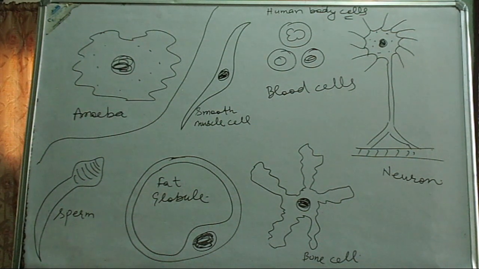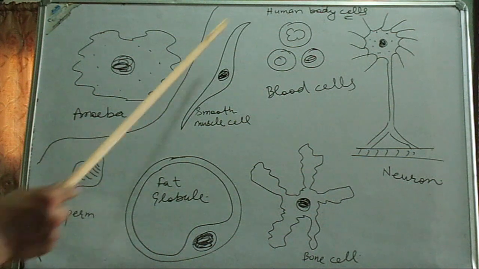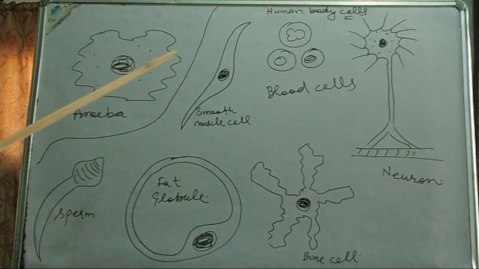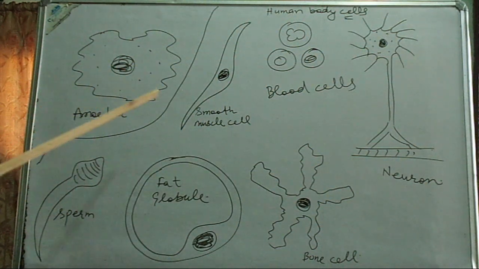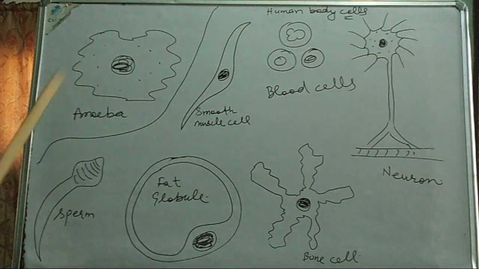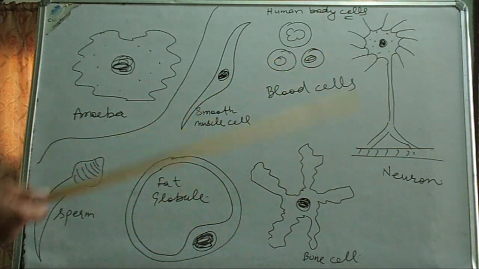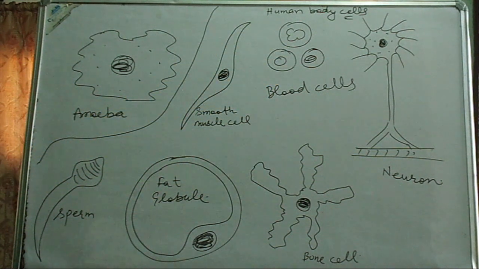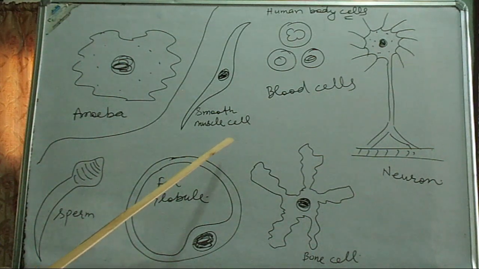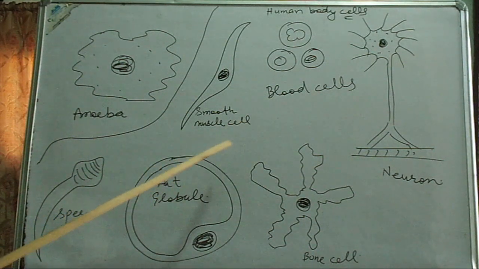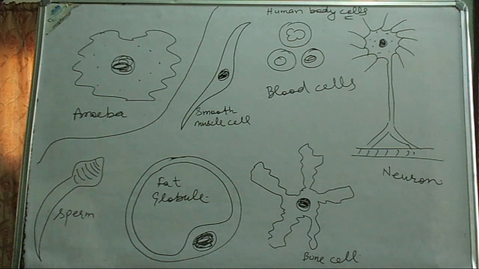So here some other structures are visible. All these structures, except this one, are human body cells. So you are seeing a variety of cells here. Almost 6 or 7 or more are visible here, because blood cells are of multiple categories. They are almost of 3 kinds: RBC, WBC and platelets. Here is a smooth muscle cell. It functions for our muscular activities.